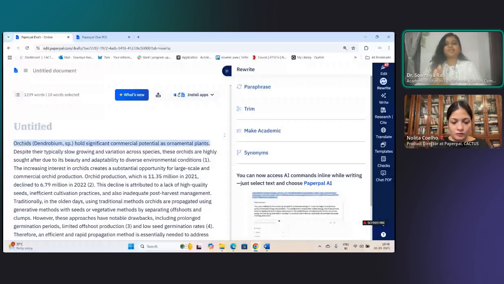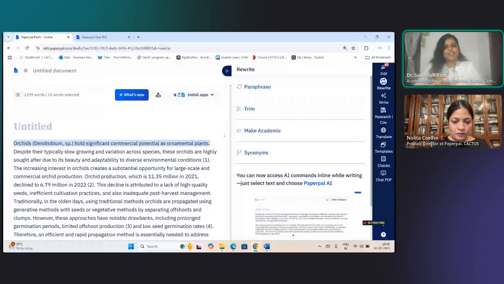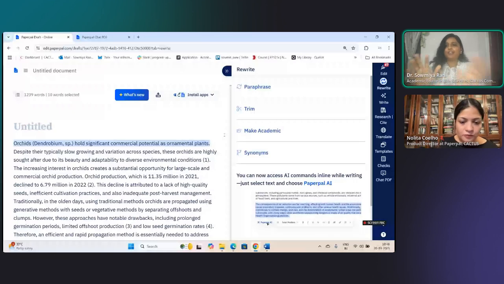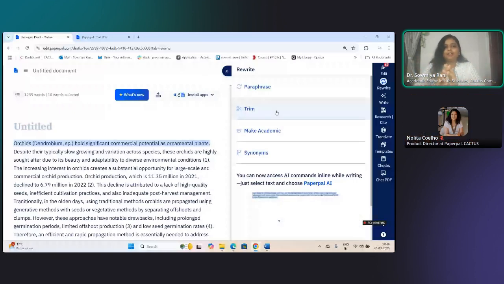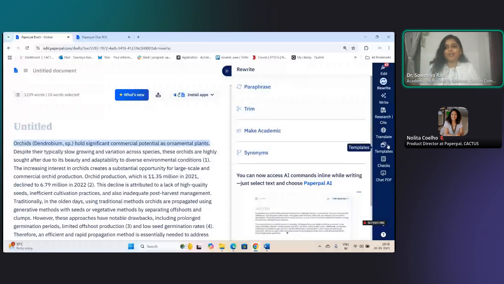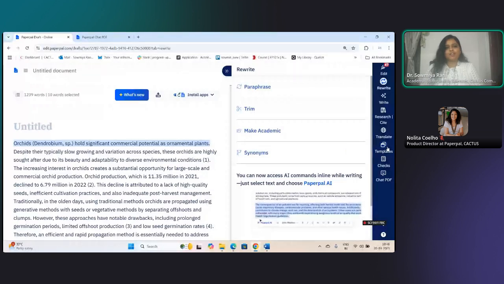Yeah. So where are we? We are at a stage where we have our final draft. We have proofread the draft and we are ready. Now, Paperpal has options which will help you generate some of the sections of your paper, like the title, the abstract, for instance, and also help you with creating your cover letters and highlights. So we are going back into the templates option, and